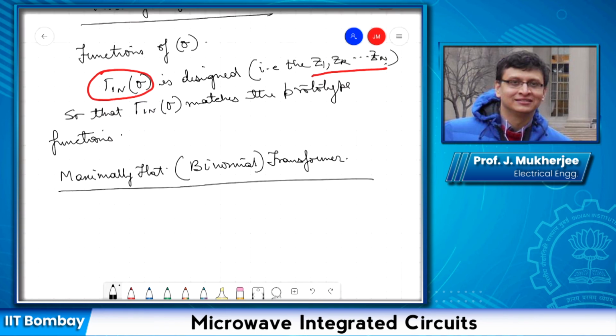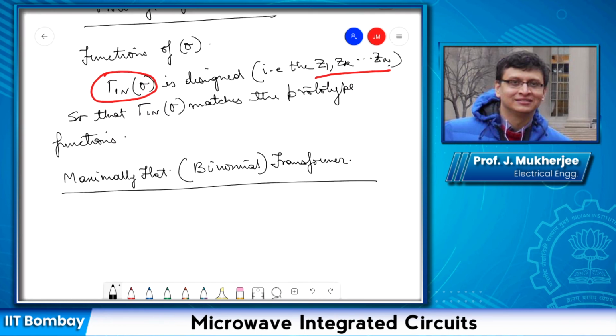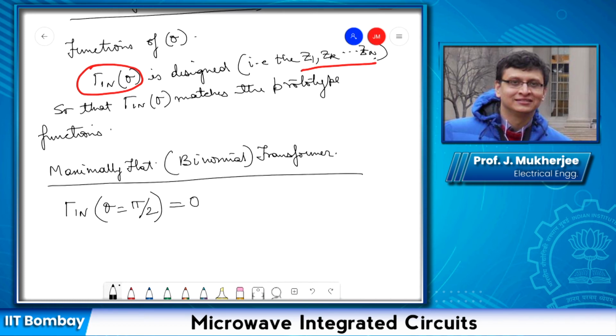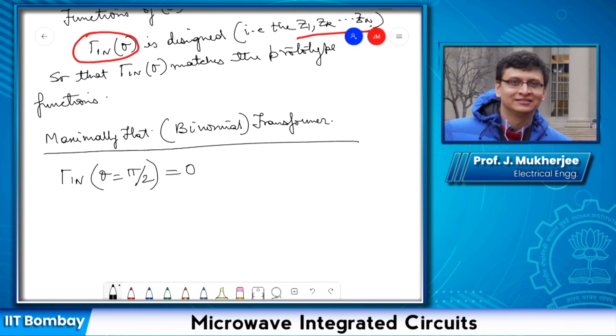The characteristic of this prototype function is that the gamma in theta is such that at theta equal to pi by 2, this is 0. And not only is it 0 for gamma in, it's also 0 at theta equal to pi by 2 for all n minus 1th derivatives of gamma in with respect to theta. What I mean is,